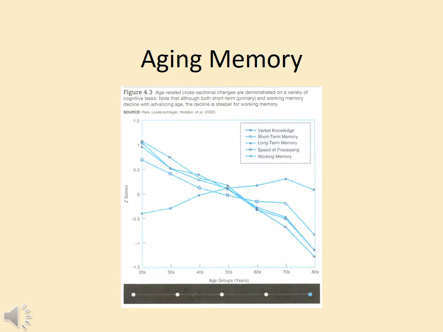Because as you get older and more wise, you see patterns in how to solve things, whereas maybe younger adults who can process information quicker throughout their memory systems may go through some trial and error process to find answers. Another hypothesis is that older adults may have trouble inhibiting irrelevant information, so the system gets gummed up, if you will. They don't know which information to pick and sort throughout their